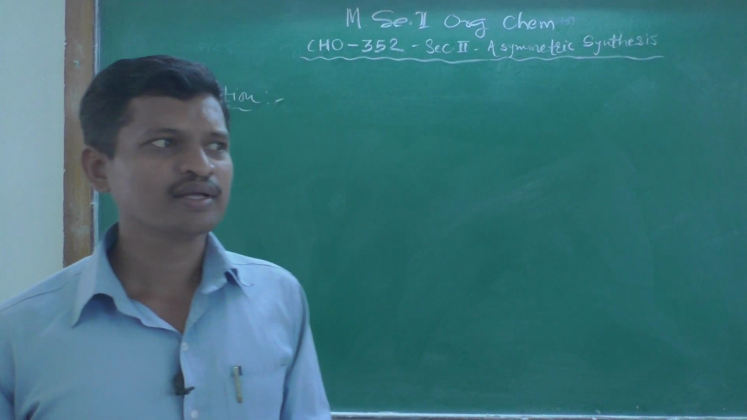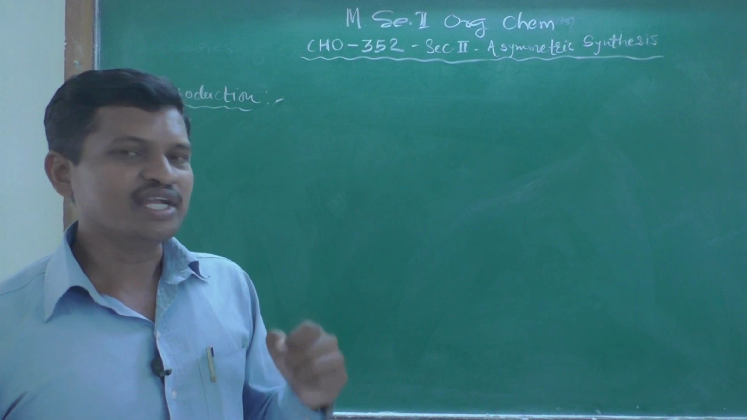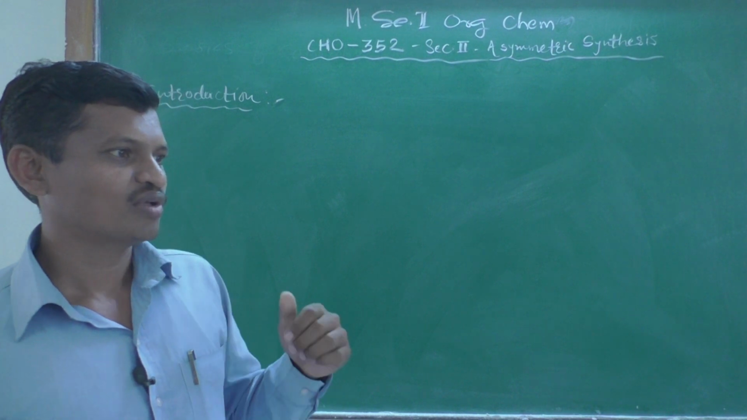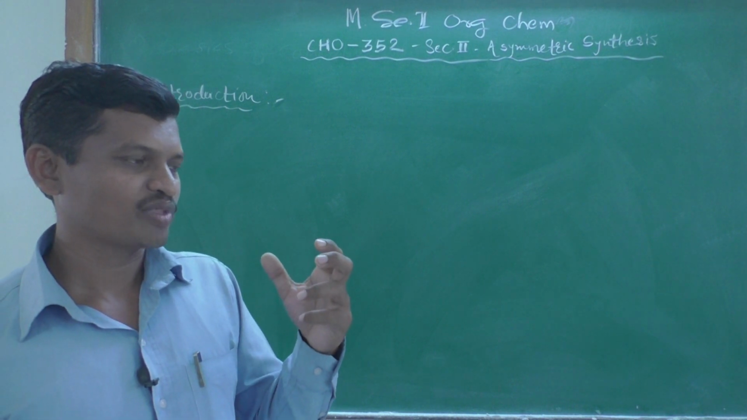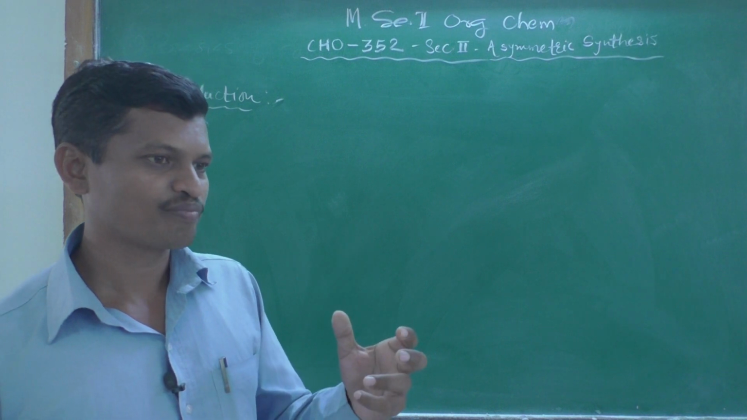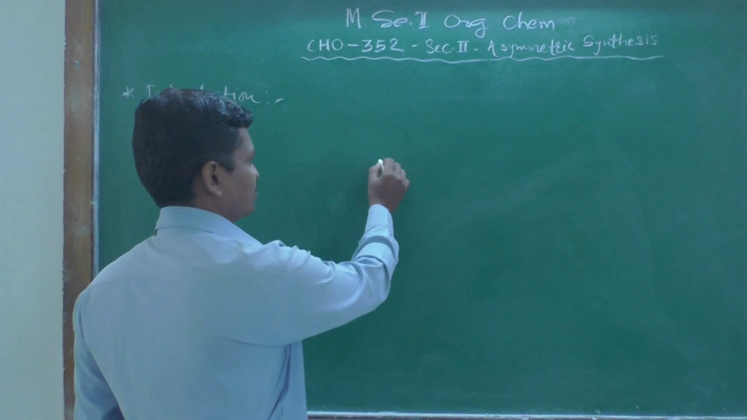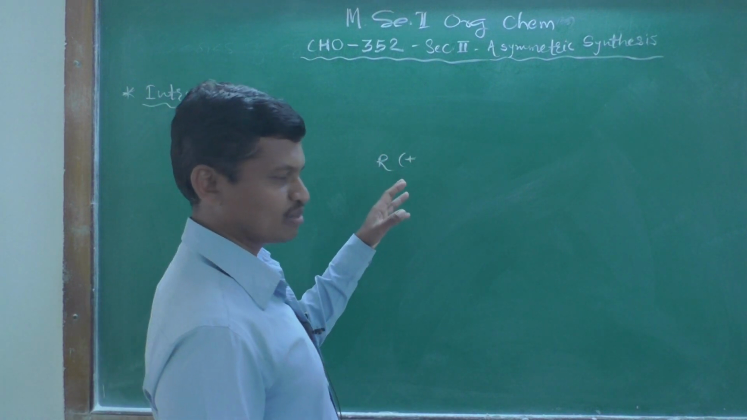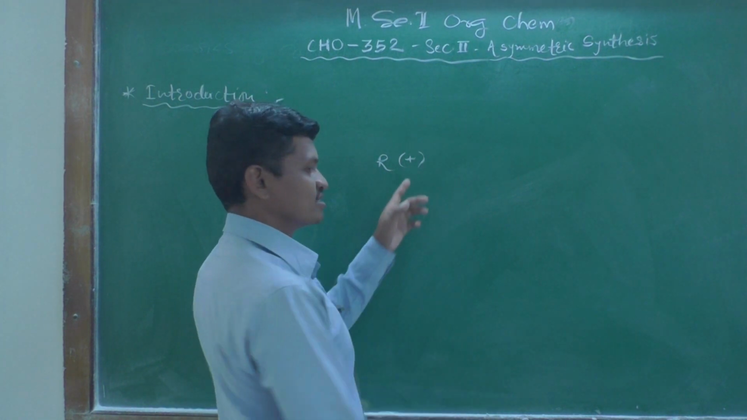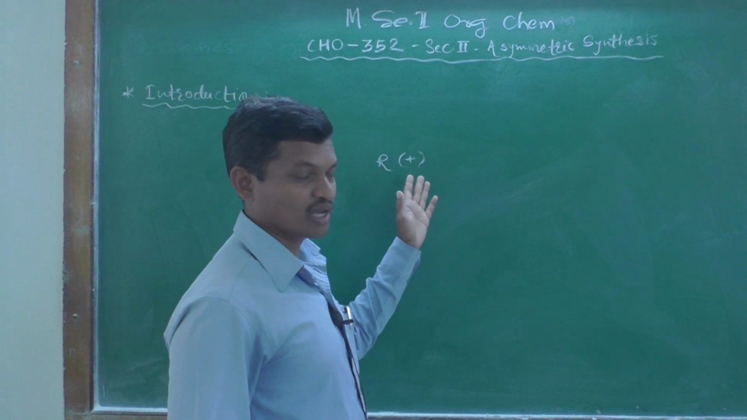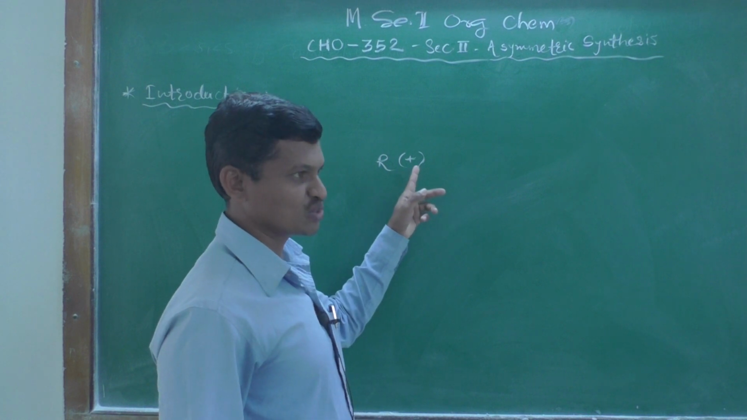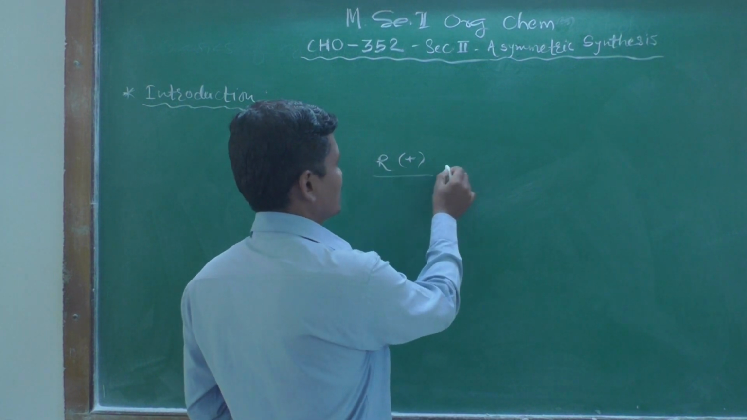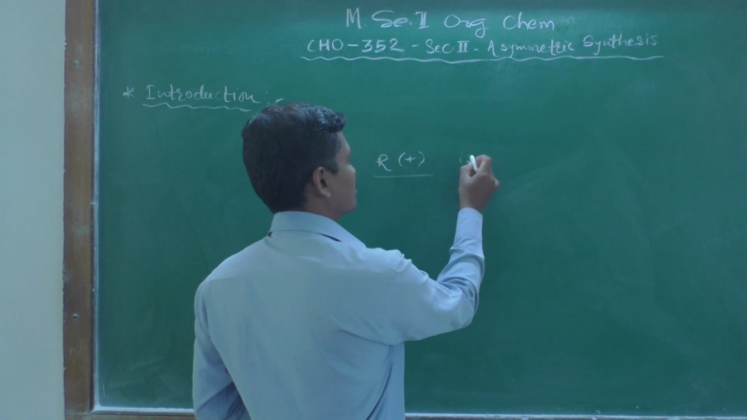And hence, there is a strong need to control the stereochemistry of the product, because if a particular reaction is giving two products, and one product has R stereochemistry, let us say it is rotating the plane of plane polarized light towards the right hand side, that is, it is dextrorotatory, so we are denoting it by a plus sign. So if it is the R isomer,